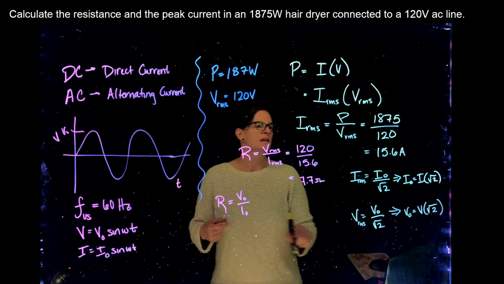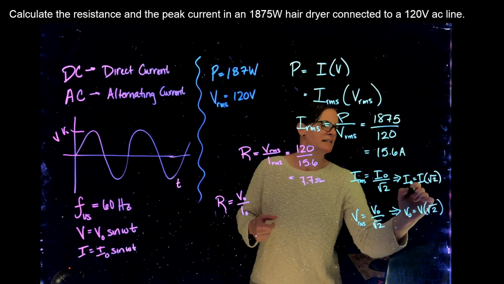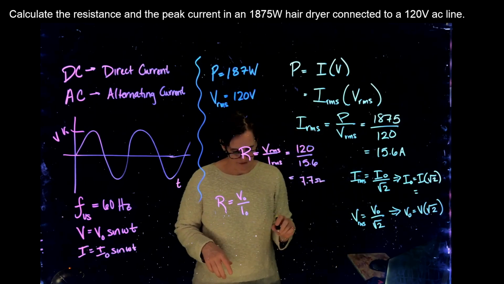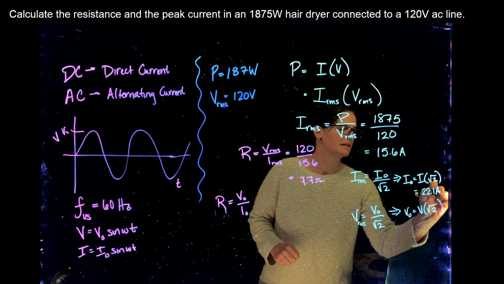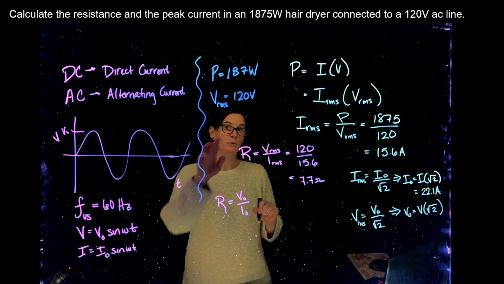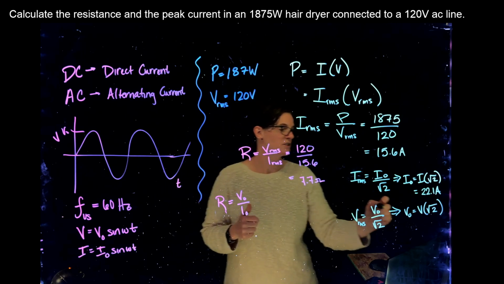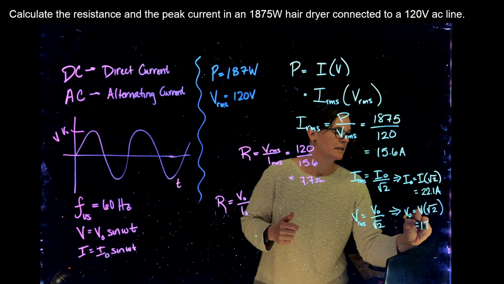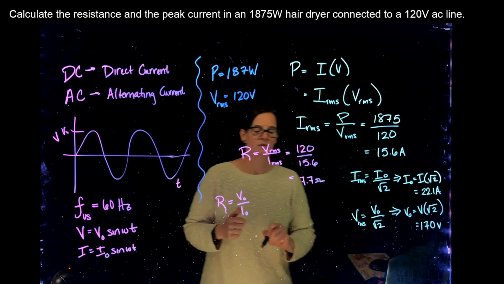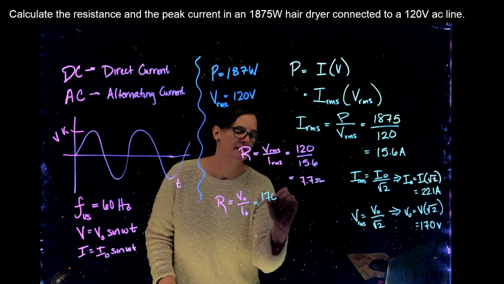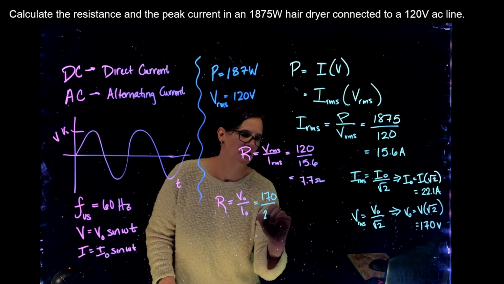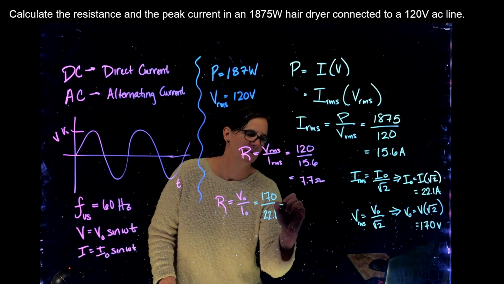So 15.6 times the square root of 2, our I naught value is 22.1 amps. And 120, our root mean square value for the voltage, times the square root of 2 is 170 volts. And so if we use those numbers, we get 170 over 22.1, and again,